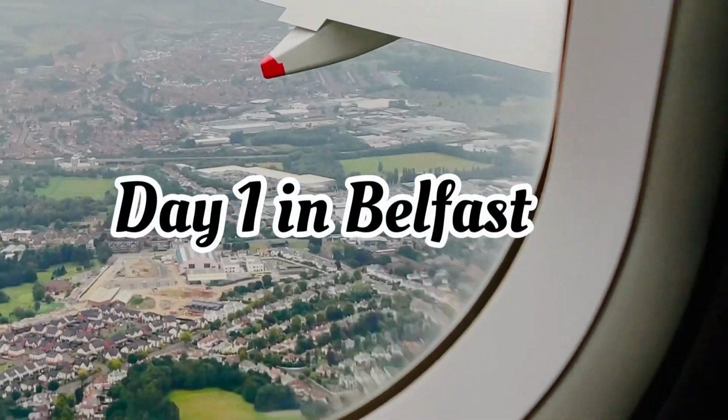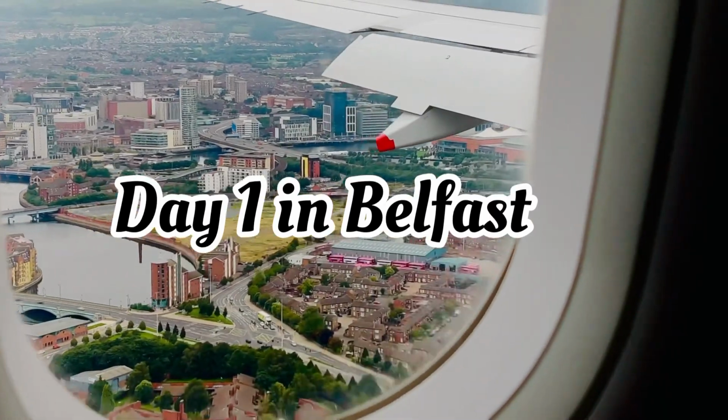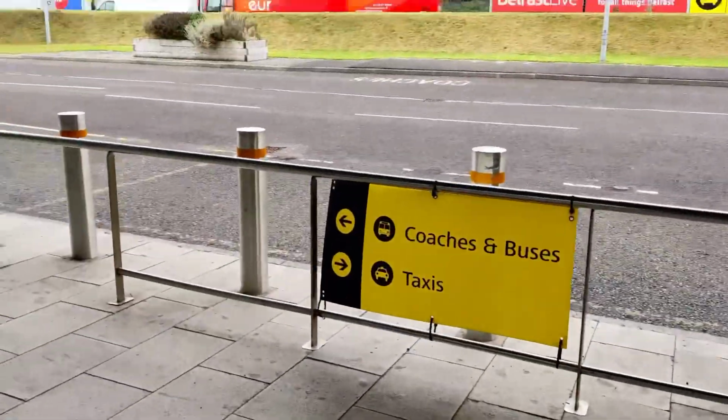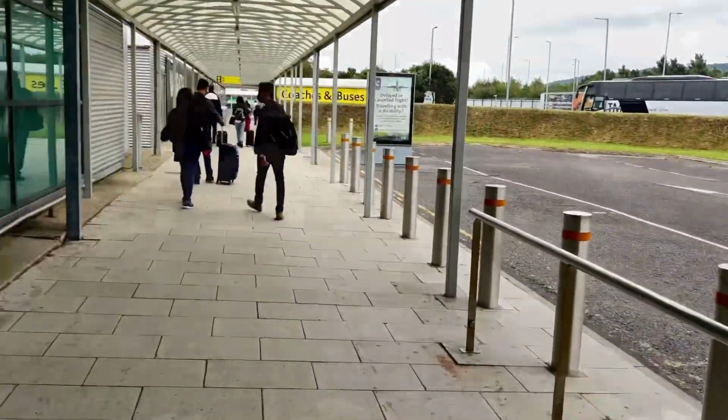My name is Kushbu and today I'm going to be taking you to Northern Ireland, and we are landing in Belfast, which is the capital city of Northern Ireland. We will be staying in Belfast for the next couple of days. For day one we have decided to do the city tour, and this is our first stop,